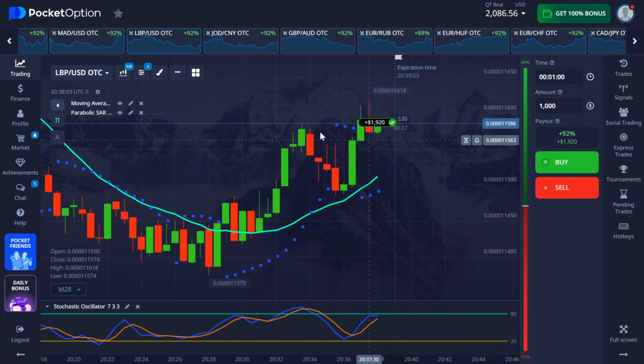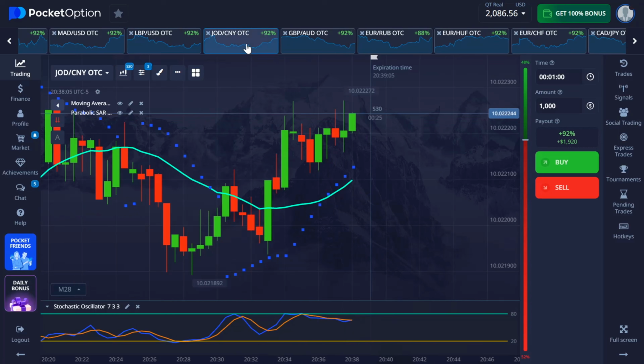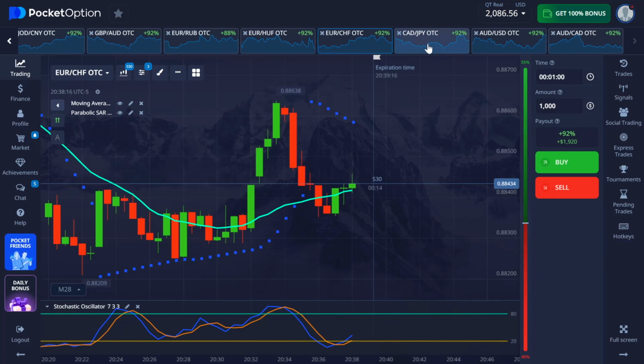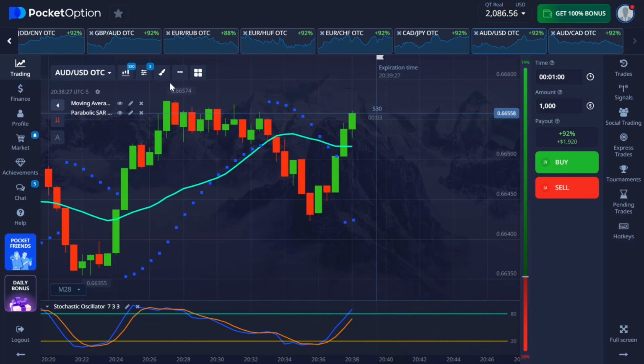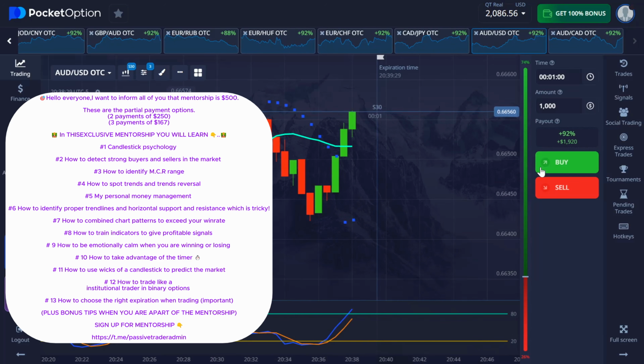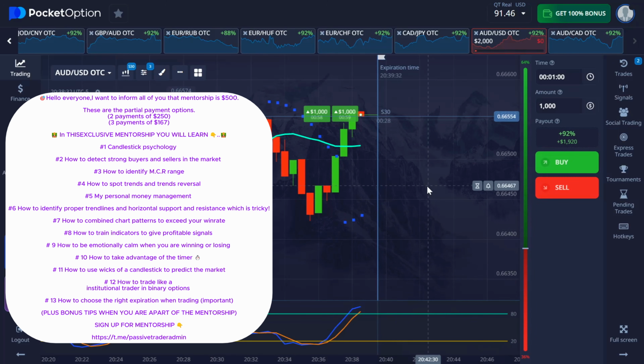Beautiful. Let's find our next trade. Okay, I took this trade because I realized there was a momentum, right? And the buyers break the moving average so strong, it's almost